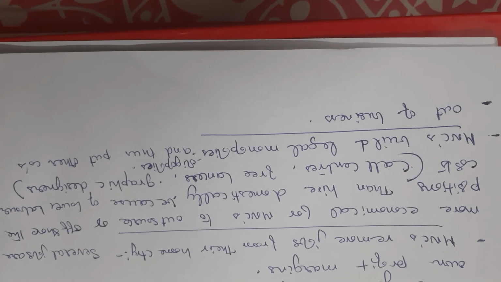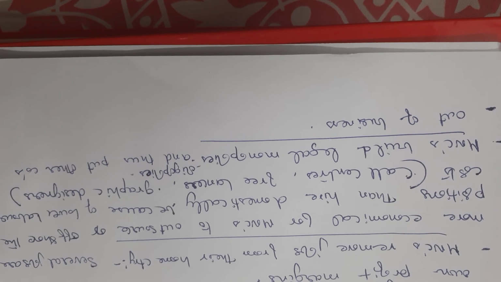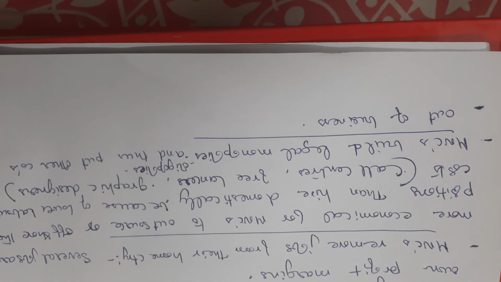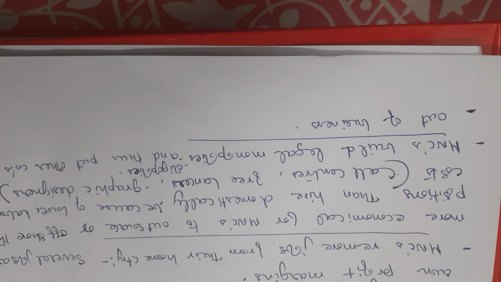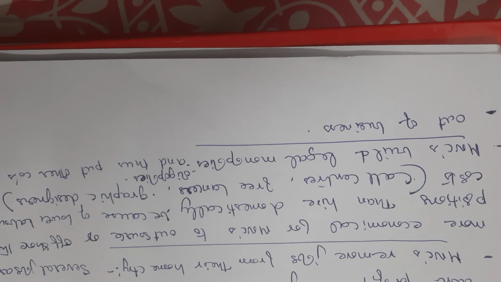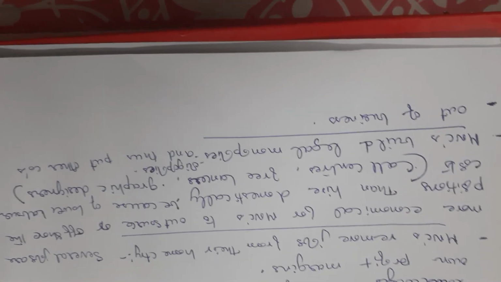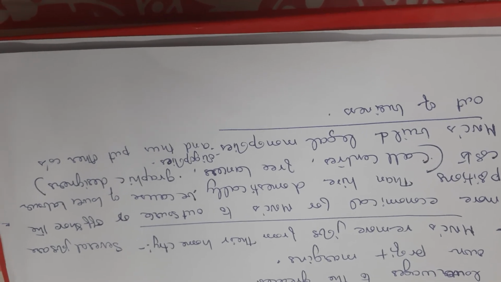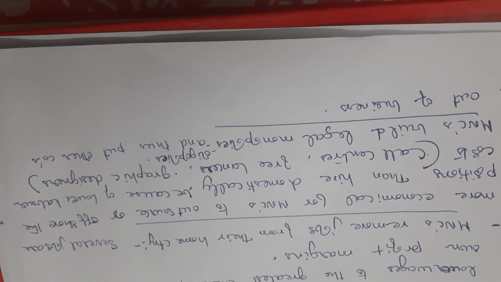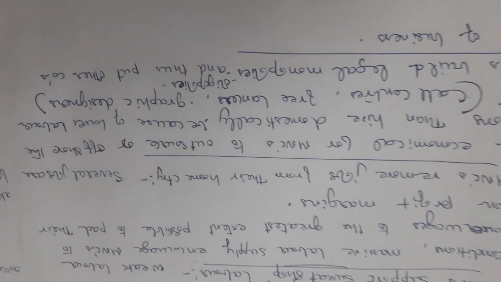Then multinationals build legal monopolies and oligopolies, and thus put other companies out of business. You know what this means? They try to create monopolistic tendencies in the place where they have established themselves. They try to merge with big companies, and as a result, smaller companies or medium size enterprises are washed out of the business. Now, this is a very major disadvantage that multinational corporations have caused for the developing economies.